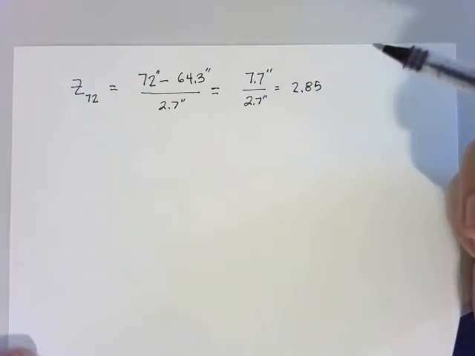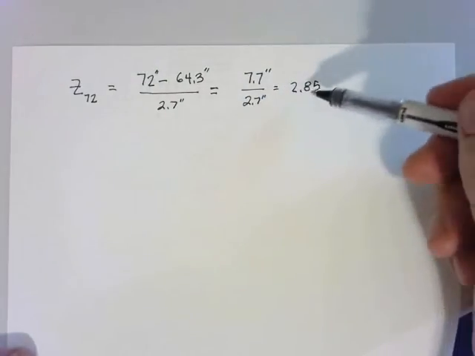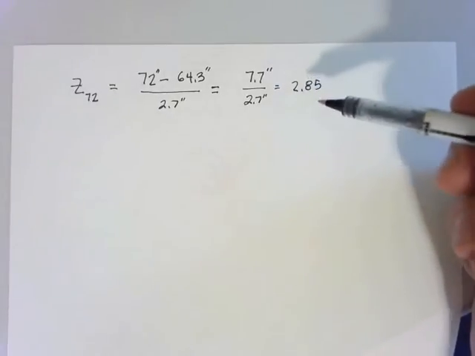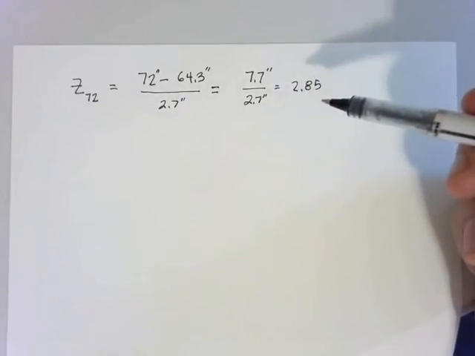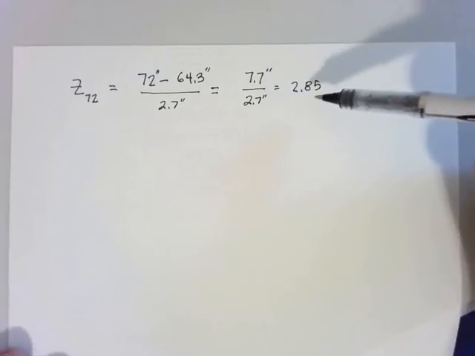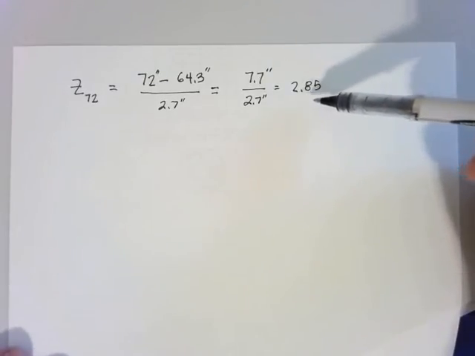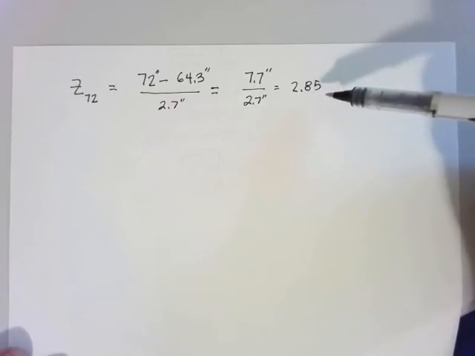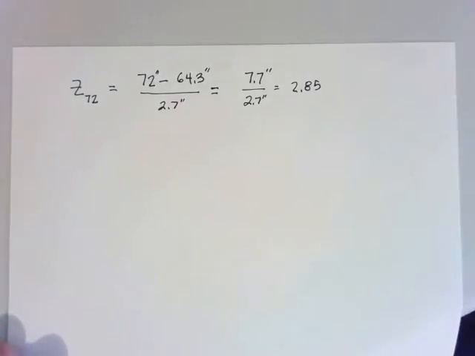And notice, as an aside, z-scores are unitless. This is inches over inches, so this is a pure number. Z-scores don't have a unit. So we find that this woman's height is 2.85 standard deviations above the mean. And so, as compared to the guy who was only 2.52 standard deviations above average,